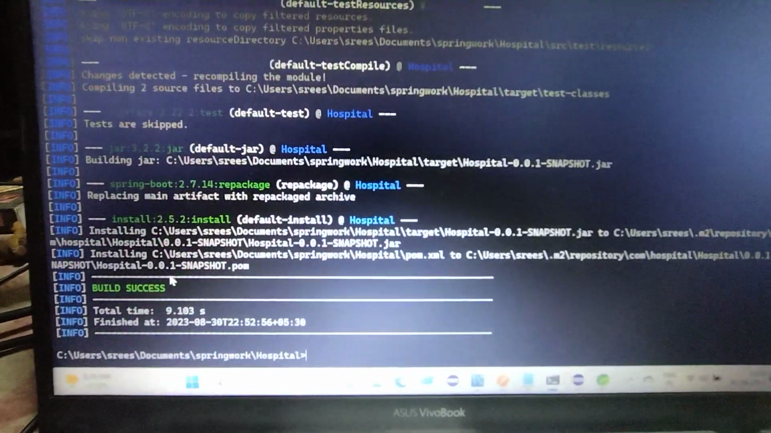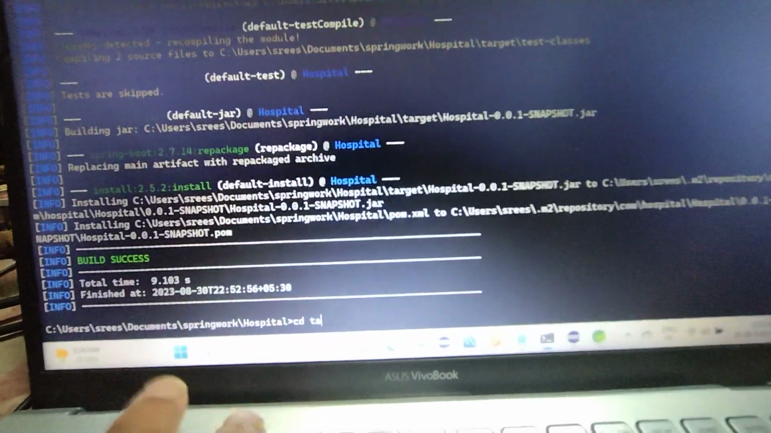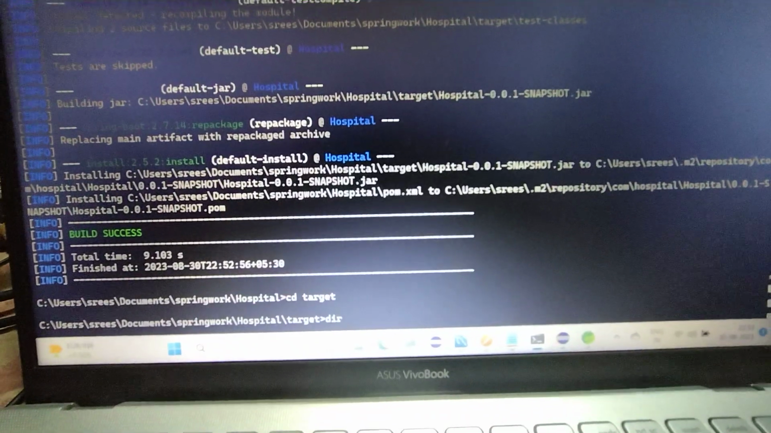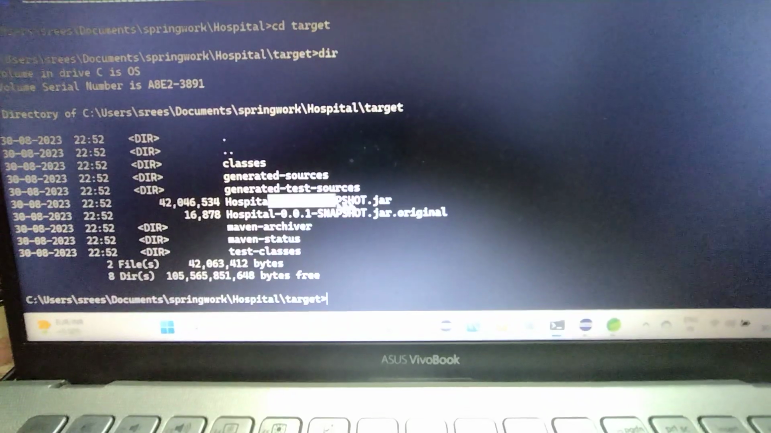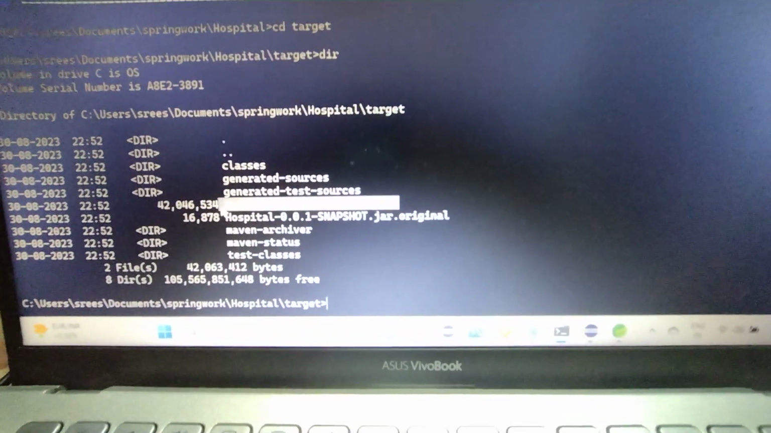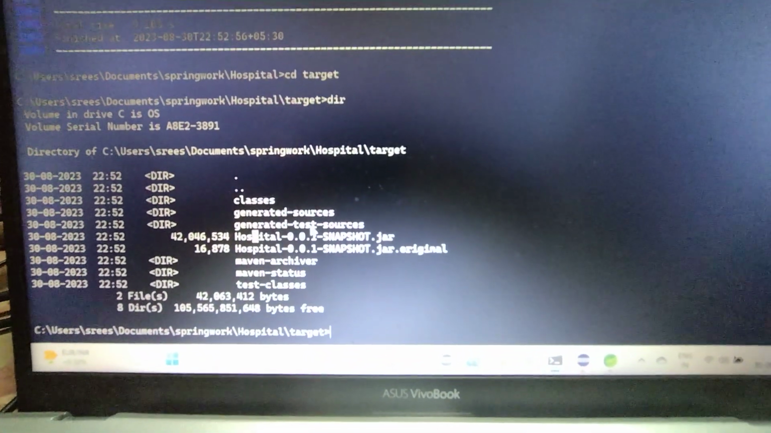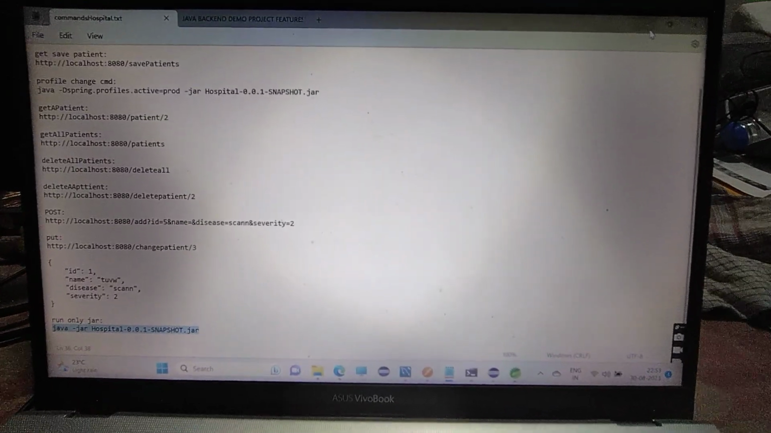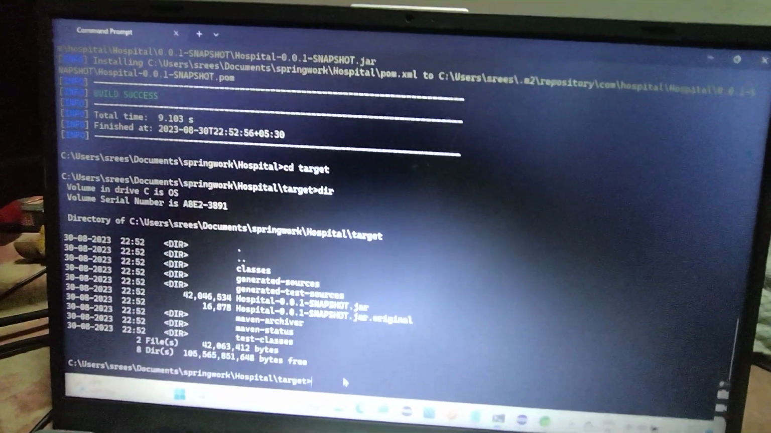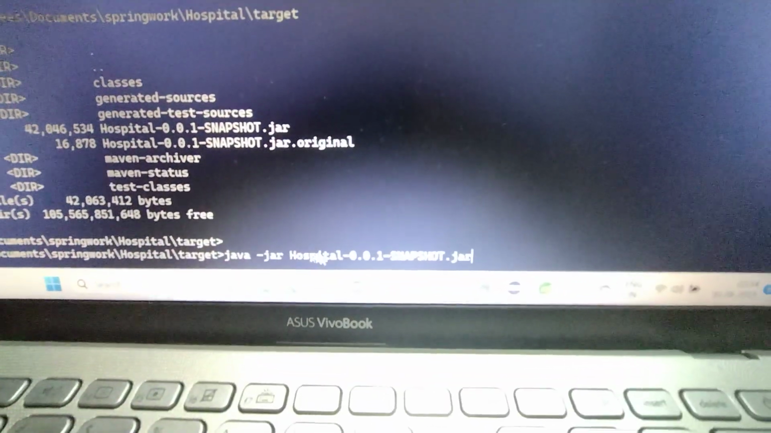I'll walk you through the code in just a second. So the build is a success, and if we go to the target folder, here we can see the jar file, hospital. In this case, the project name is hospital, so the jar name will be hospital.jar. So if we run the jar file using this command,